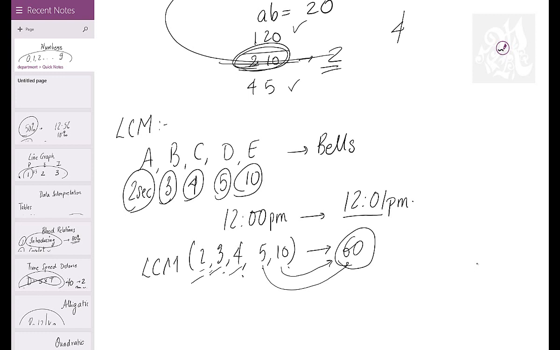How do you get 60 seconds? This one is 2 seconds, 3 seconds, 4 seconds, 5 seconds. This one will keep going like 2, 4, 6, 8, 10. This one will be like 3, 6, 9, 12. This one will be like 4, 8, 12, and so on. This one 5, 10, 15, 20, 30. We have to find a time common in all these 5 columns. And the time that will come common in all these 5 columns is going to be 60 seconds, because 60 will come in every column. What is 60? A multiple of all, which is the least common multiple. Perfect? So in 60 seconds they'll toll again together.